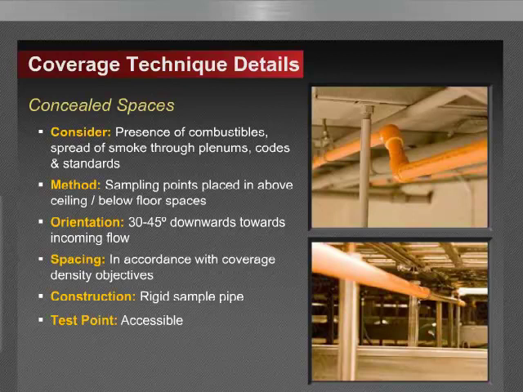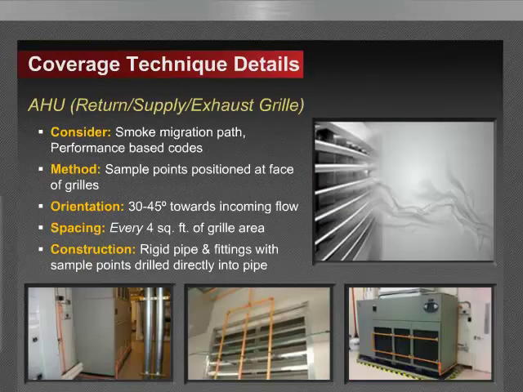All right, brings us to the discussion about air handling unit, in this case return, supply, or exhaust grill monitoring. So the idea here is that airflow interferes with the normal dispersion of smoke. And since the rate of smoke generation in a smoldering fire is relatively small, and airflow velocity in IT and communication facilities can be quite high, the movement of smoke is dominated by the airflow of the mechanical systems. And furthermore, smoke generated during the incipient stage is cooled by the airflow, and therefore it has very little thermal lift. And this often prevents smoke from moving directly to the ceiling,